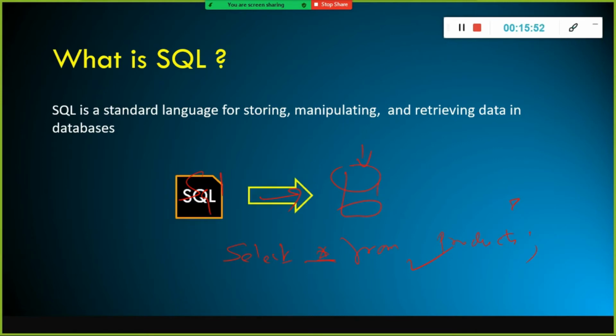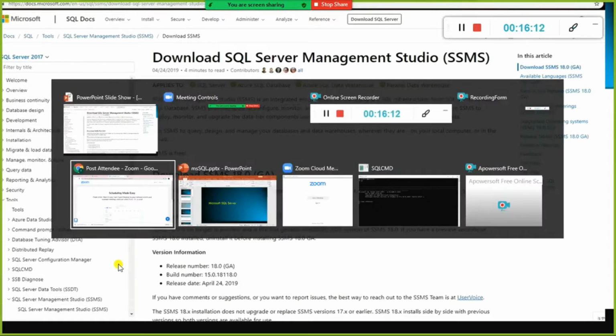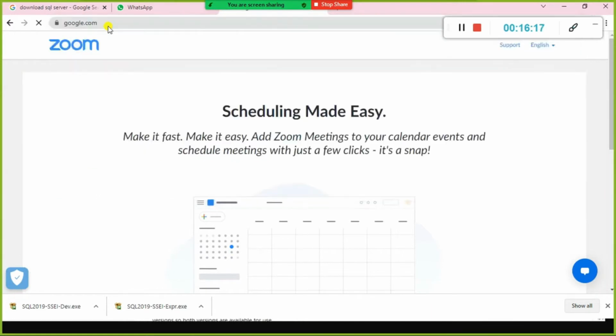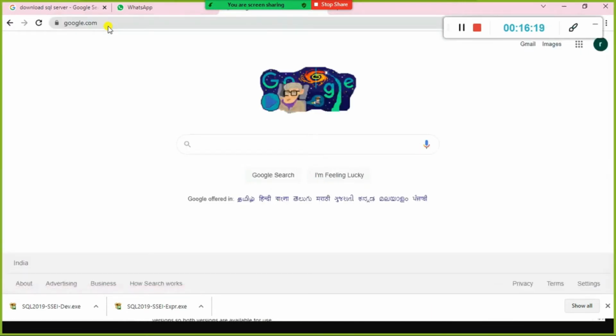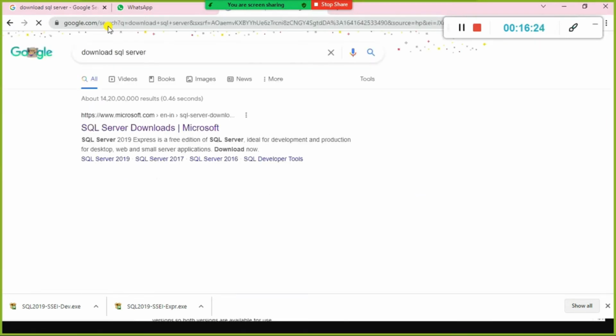Fine. So now what we will do is, we will go ahead and install Microsoft SQL Server. How many of you have installed Microsoft SQL Server? Since I have a few new joiners, I'll just quickly walk you through the steps of how to install Microsoft SQL Server. It's pretty simple. One second, I'll go here, and you can go to Google. You can start the download now if you have not yet done so.